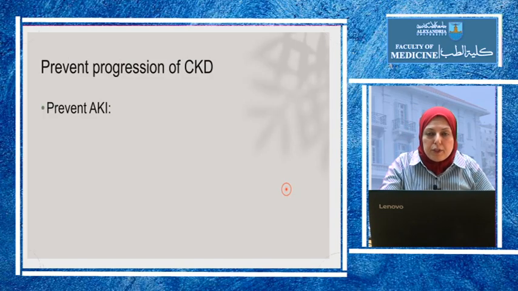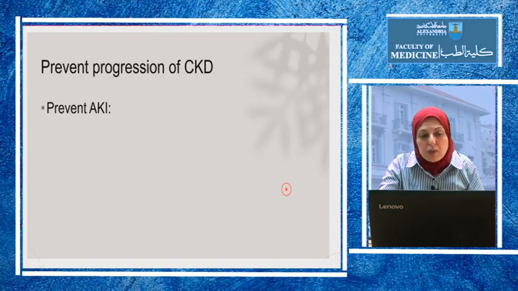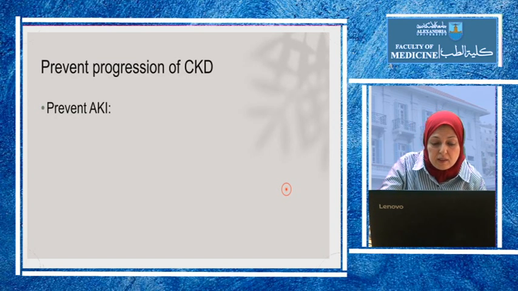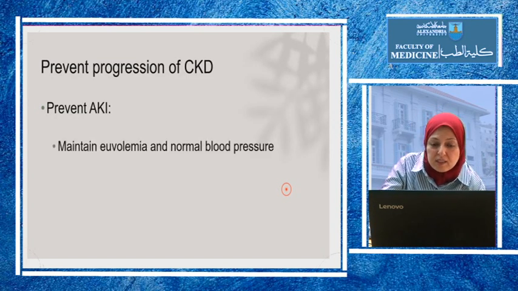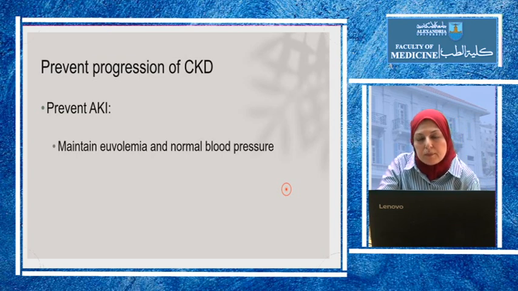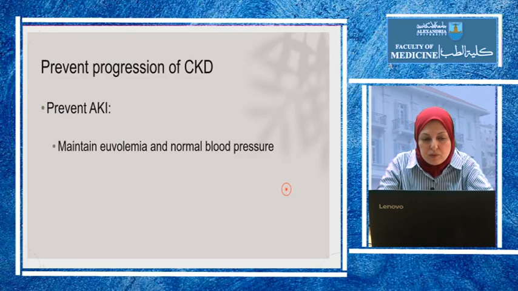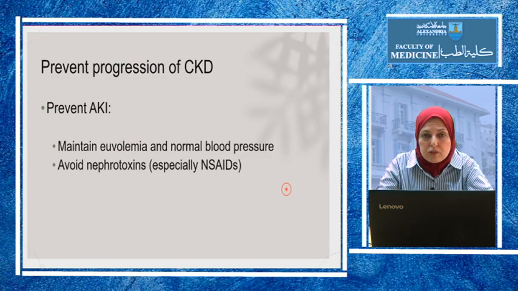Besides optimal blood pressure and glycemic control, we should also prevent AKI. So we should educate the patients about maintaining euvolemia and normal blood pressure. Most patients should have a manometer at home and should monitor their blood pressure, especially during acute illness. They should maintain euvolemia and drink enough water. They should avoid nephrotoxins, so we should educate all patients that they should not be taking any non-steroidal anti-inflammatory drugs, and if they have pain or fever, they should stick to paracetamol, which is safer